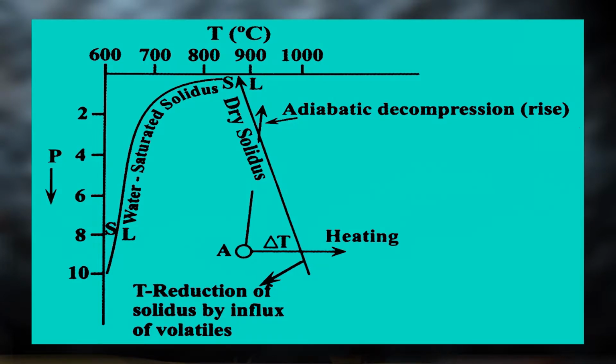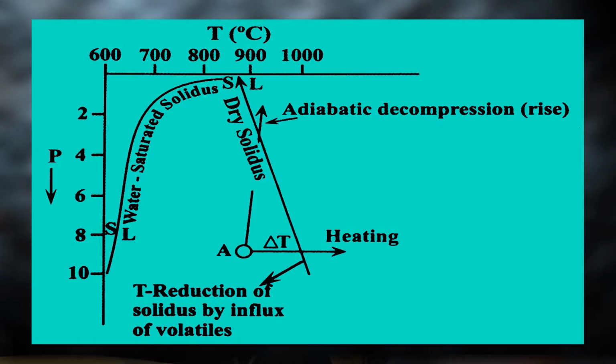But erosion would then decrease the pressure. Second, decrease in pressure in a crustal segment, as during crustal thinning, would also cause melting. This is familiarly called decompression melting,